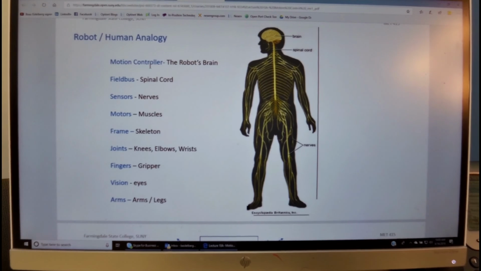And then it is connected to the spinal cord with nerves into the muscles, the skeleton into the various body elements, knees, wrists, elbows, and the equivalent is the field bus, the various sensors that the robot is using, motors, frames, joints, fingers, visions, and arms.